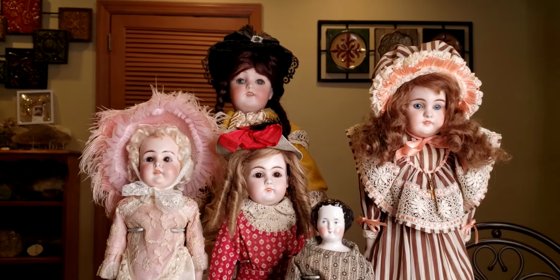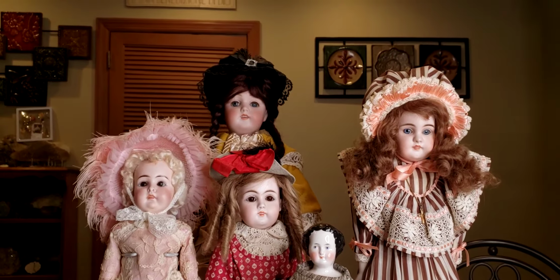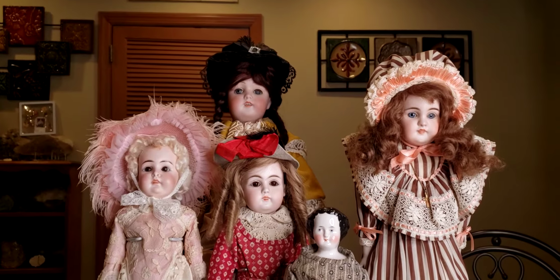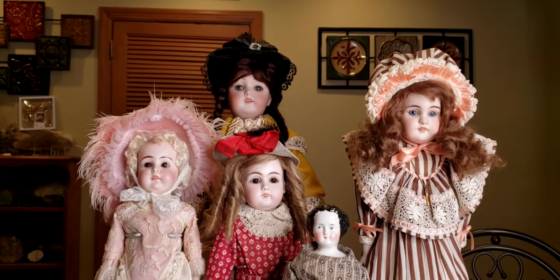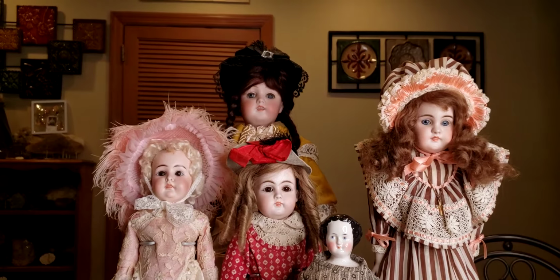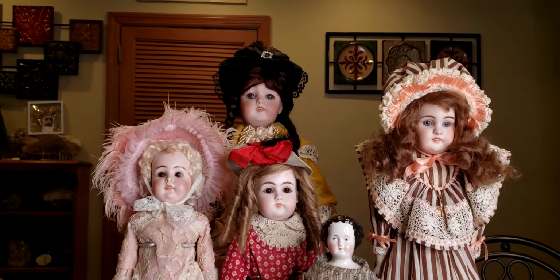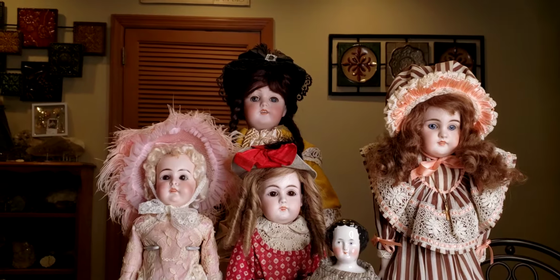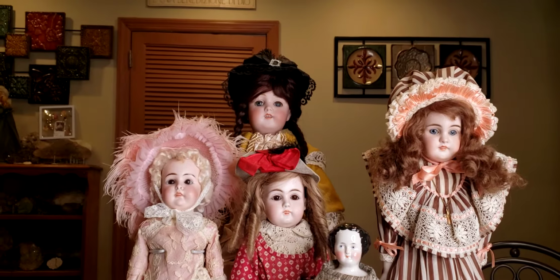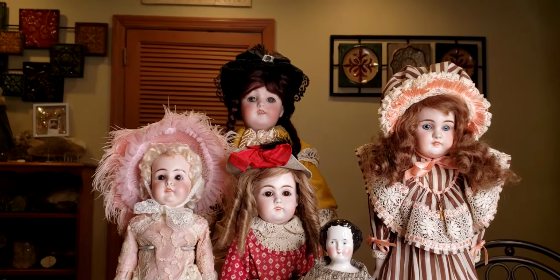Now, back in the day, toy production was a cottage industry, and I'll get to that in a minute. What a cottage industry is, and it was a cottage industry basically minus the charm of Santa's workshop. It wasn't delightful. Let's just put it that way. So families in places such as Thuringia and places like Sonneberg and Erzgebirge, I don't know if I'm pronouncing that right because I cannot pronounce German, churned out toys by the thousands,